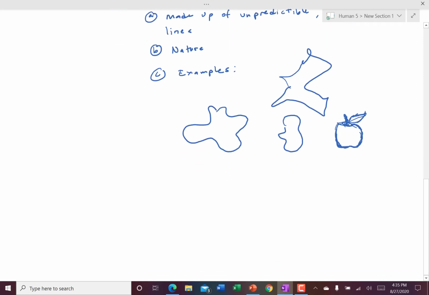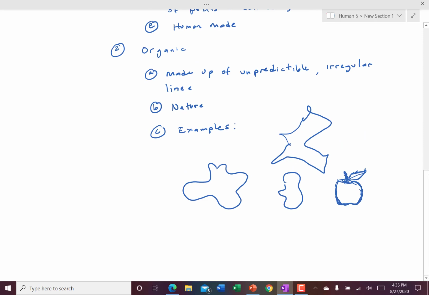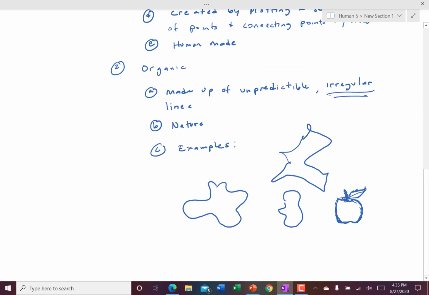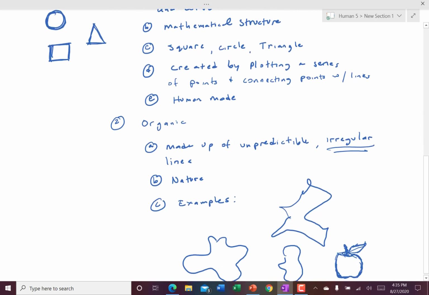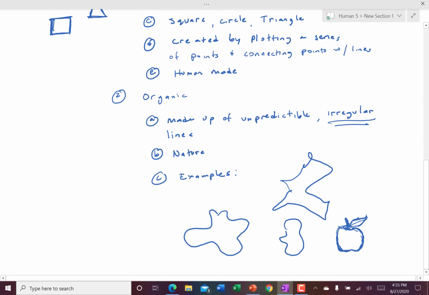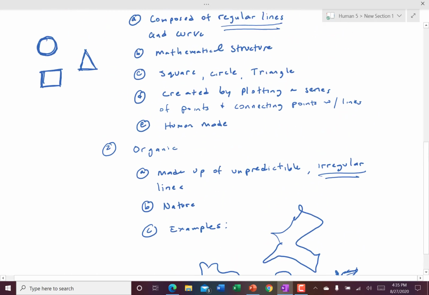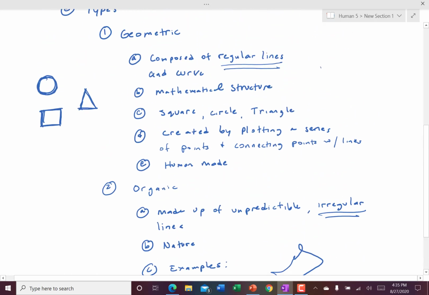It's the same. So think about it as organic is connected to your irregular lines, and geometric is connected to regular lines. So you get the same sense of meaning behind it too, which is that this is going to create a sense of order and planning. It's also, again, why it's connected to man-made,